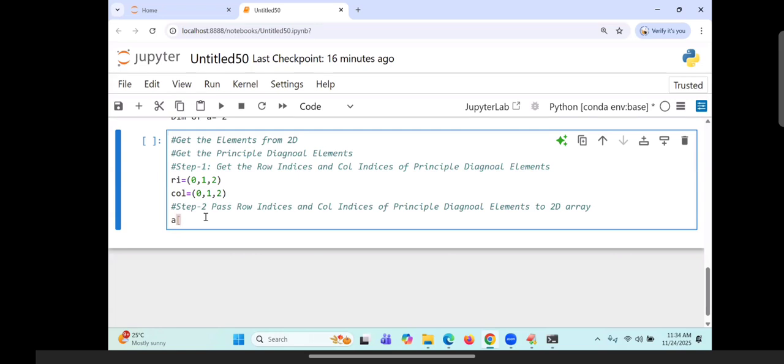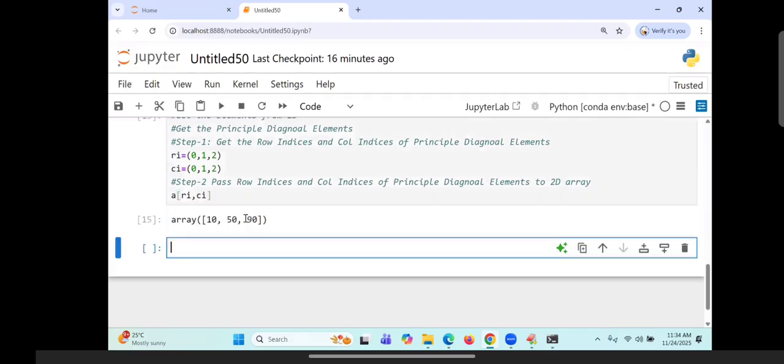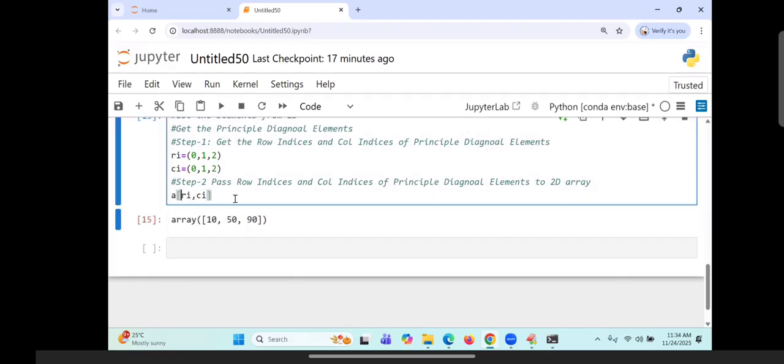So A of, I will go passing here. A of, I am going to write it, the row that is called Ri, and next I will go for the column. This is called CI. Ri comma CI, I am going to pass it. So you see that the principal diagonal elements came. How is this going to be processed? Internally it is processed as